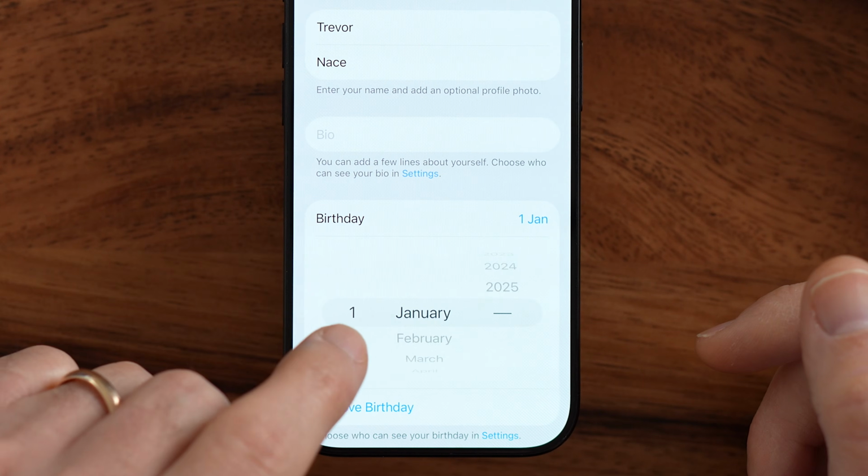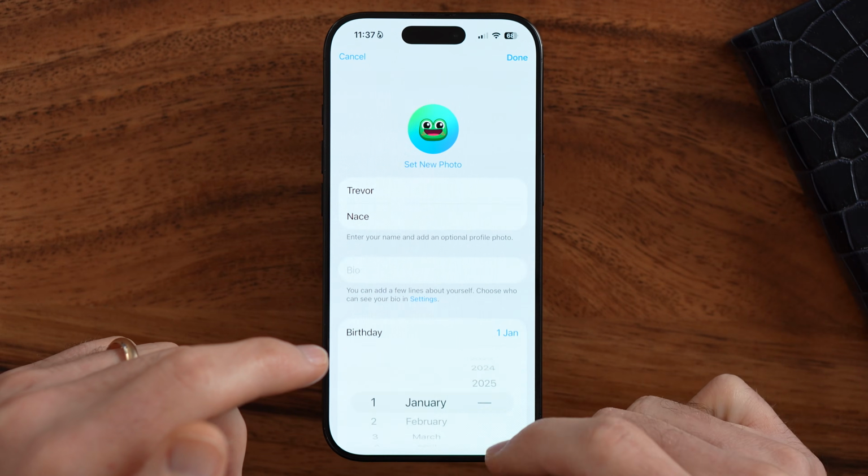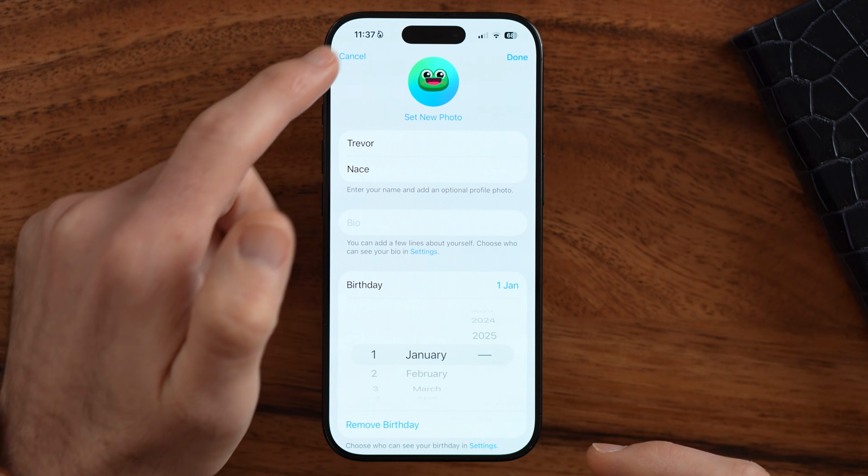So you can see here, birthday. You're going to enter in your birthday here. Keep in mind you need to be 18 plus to be able to disable or turn off that sensitive content filter. After you've entered in your birthday, whatever it may be, and you hit done at the top right here,